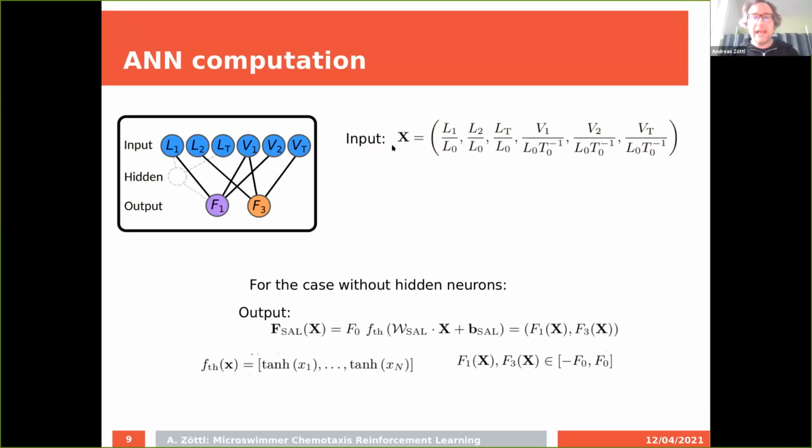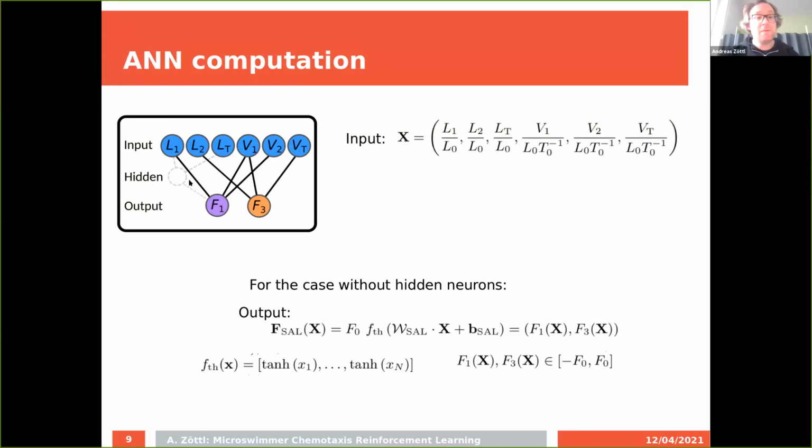So here's just a small example. When you have the input vector x, for example, given by the state of the swimmer, the lengths of the arms L1 and L2, the total length LT, then the individual arm velocities V1, V2, and the total arm velocity VT. And then the thing is, very often when artificial neural networks are applied, you can have very complicated deep neural networks. We found that we don't need very complicated neural networks, but rather simple ones. But some sensing machinery between input and output is in principle given by a hidden layer or some hidden neurons,